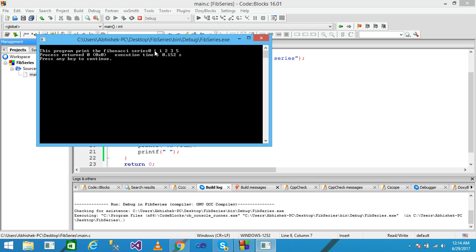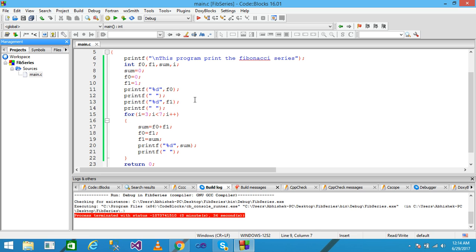0 and 1 are added, the two preceding numbers, and produce the result 1, and these two preceding numbers are added and provide the 2, and these two preceding numbers 1 and 2 are added to get 3, and then 2 and 3 are added to get 5. And this is the Fibonacci series. You can also make a change like this. I am simply